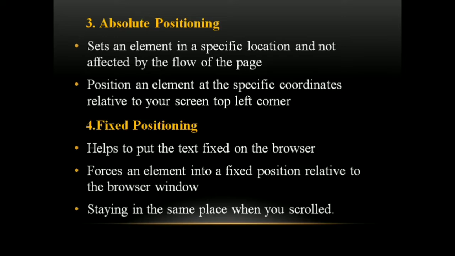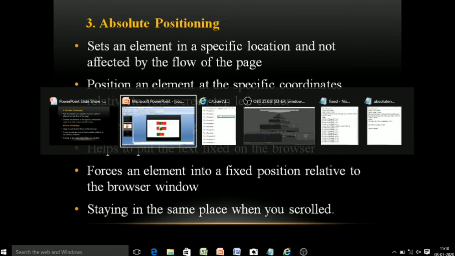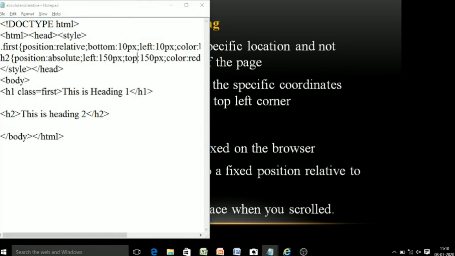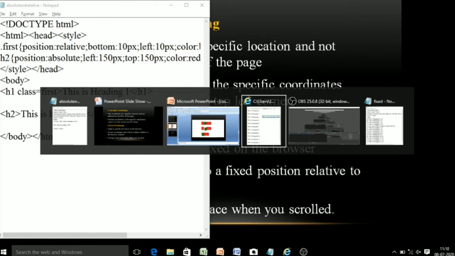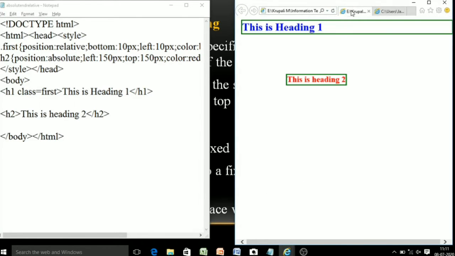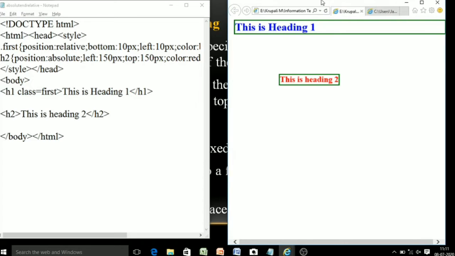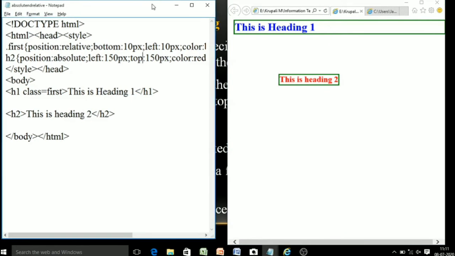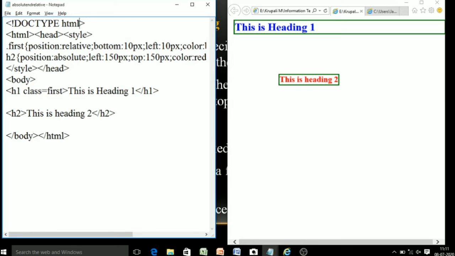Now we will see the examples for it. Absolute and the output of absolute and relative positioning. See over here, document type HTML, HTML, head, style. First, in the head section I am creating a class, followed by a period and then the class name.